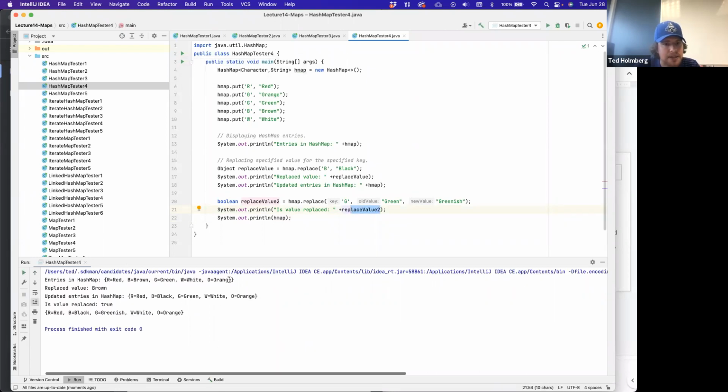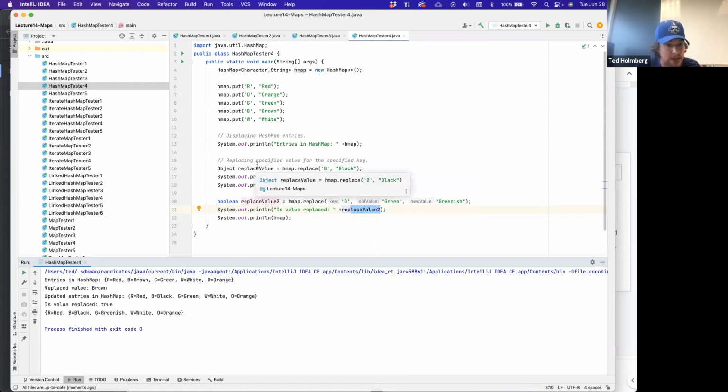And here we can see, yep, this is our initial state: R for red, B for brown, G for green, W for white, O for orange. Here our replaced value that we removed was brown. So when we do just this, it gives us back the value that gets replaced. And if we look at our new state, we can see, oh yeah, brown was replaced